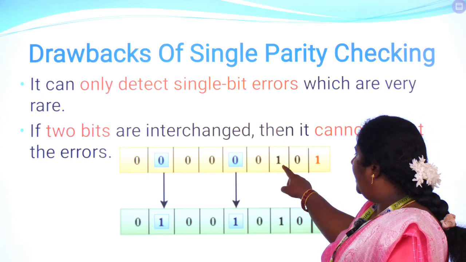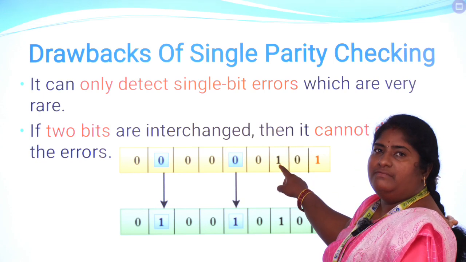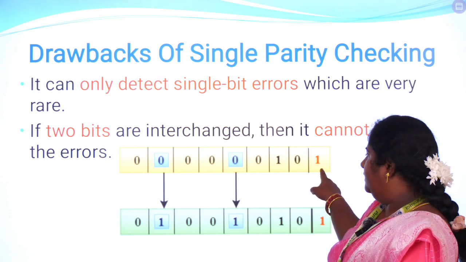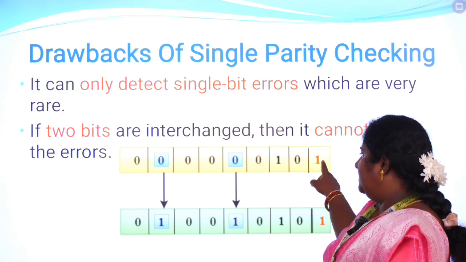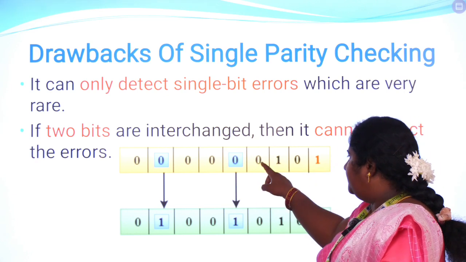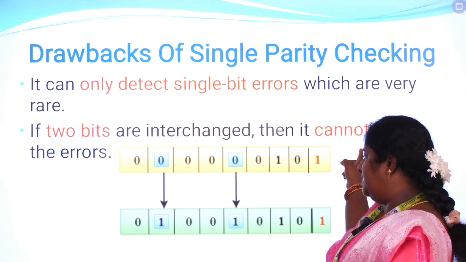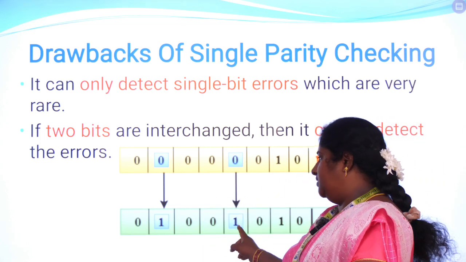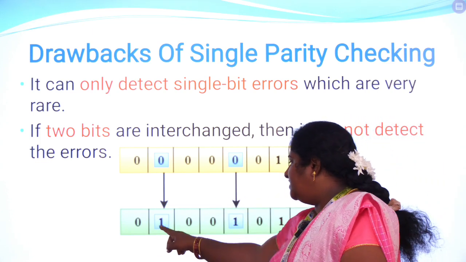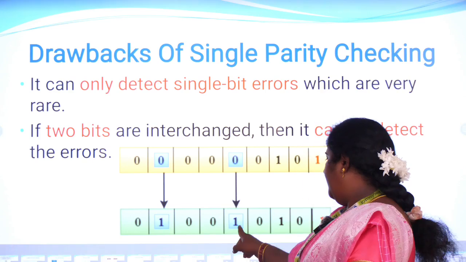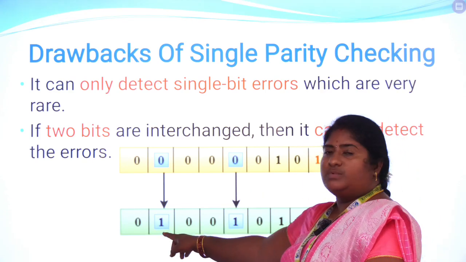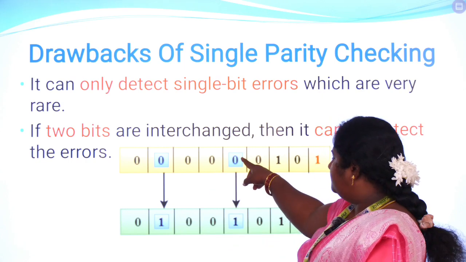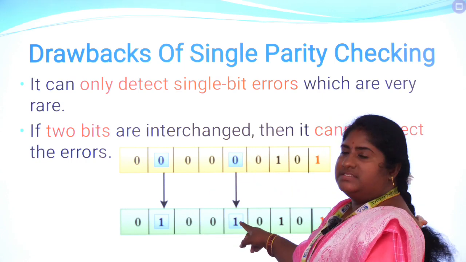So when we have one odd bit for transmission, then we will be adding the parity value as 1 at the end. So when the data is transferred from the sender to the receiver, while transmission, 2 bits are corrupted. So let us check here. The bits which are corrupted are 1 and 1. This bit is corrupted from 0 to 1 and this bit has been changed from 0 to 1.